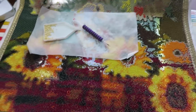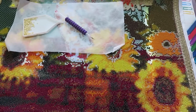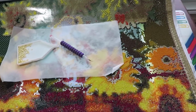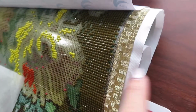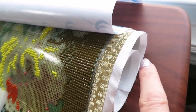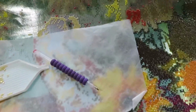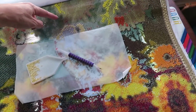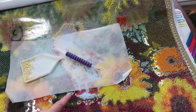Here's what I'm working on today. Just gonna work for maybe 1 or 2 hours, and I did spend a few hours last night. It is a big canvas, and I did roll on this side, which is the beginning of the canvas, finished as well. So I'm hoping, well, if I show you from far, I think somewhere in here it would be half of the canvas. So I'm working,